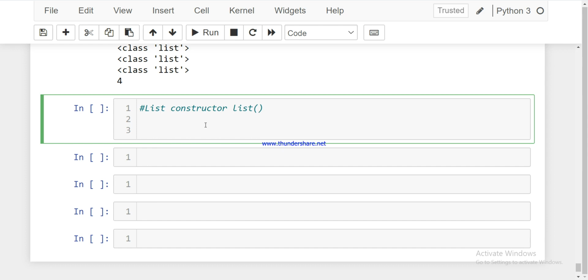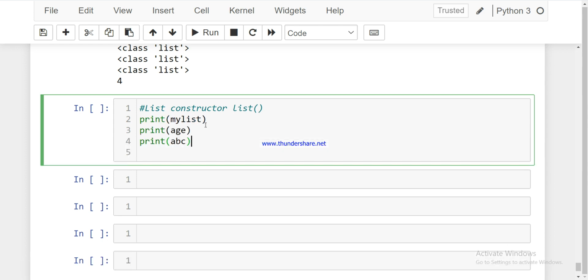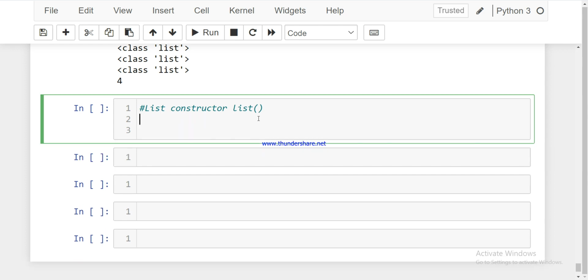So let's make another list. Let's say list one. This is list one I am creating by using the list constructor, and I am adding the values by using double quotation marks.